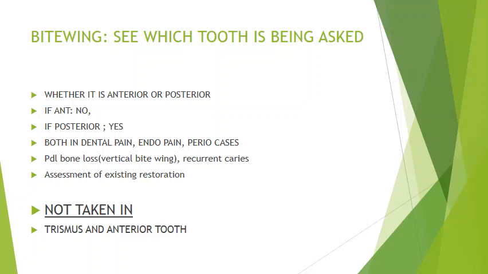So these are the cases which we have mentioned here: periodontal bone loss, we will do vertical Bitewing. Recurrent caries, we can take Bitewing, we will choose this option. And if we want to assess an existing restoration, we will. Again the contraindication is trismus. It is not taken in trismus, and of course it is avoided in the anterior teeth. Moving on to next is